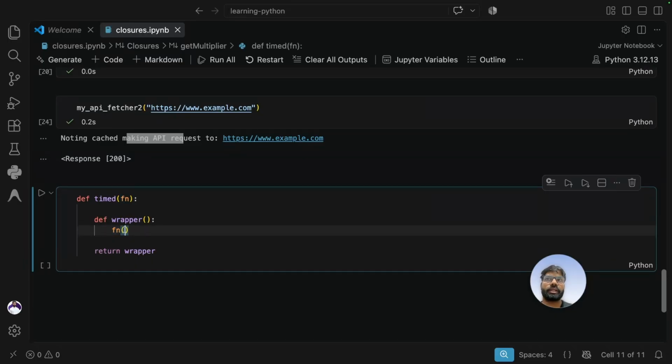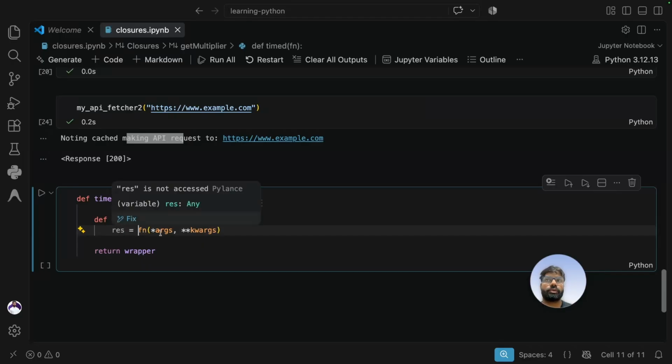The function which is there can have some arguments, and we can pass the function arguments in every single function call for the inner function using star args and star star kwargs. So we can pass the same thing to our function, and since we are creating this generic timed function, which will log the total time taken for a function execution, we need to handle the result. This function may return something, so we can also